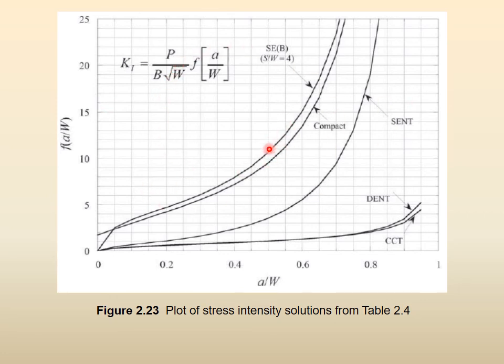So engineers love this type of a solution. This is called a chart. Otherwise you have 5 or 6 difficult equations and you solve them and put the values. But if you take just this chart with you to anywhere in the field where you are working, where you have to quickly find out your factors, you just find the A and the W for your particular case. For example, it is 0.6 and you have a compact specimen. You take 0.6, you go there and you read the value, and khalas, you are now done, right?